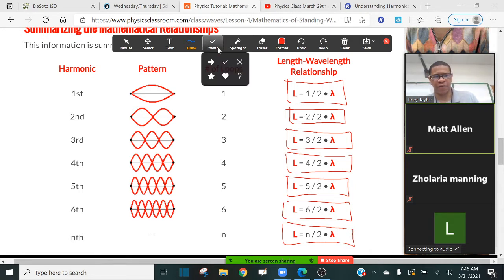Okay, so for the first harmonic, the length of a string is equal to 1/2 the wavelength. For the second harmonic, the length of a string is equal to 2/2 the wavelength. For the third harmonic, the length of the string is equal to 3/2 the wavelength. For the fourth harmonic, the length of the string is equal to 4/2 the wavelength, and so on. So these are the equations you're going to need to use for your assignment. Okay. Now, with that said,